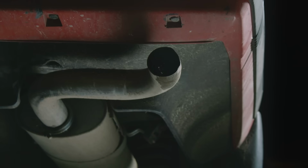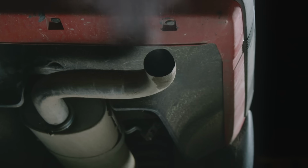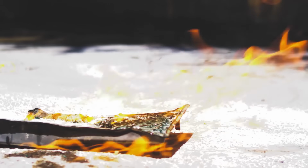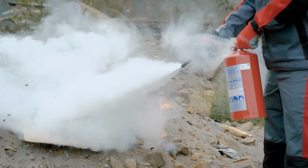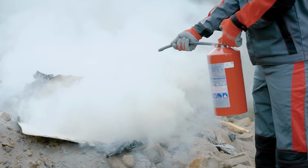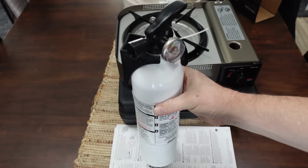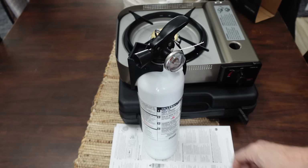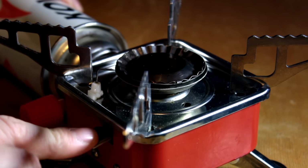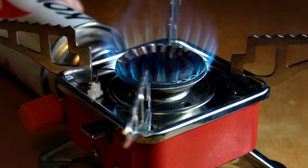So when you're working with open flames in an emergency or disaster, and any time for that matter, it's always important to have a few things. And the first one is a fire extinguisher. And this is something we should have a few of around the house anyway. It doesn't get talked about all that much in preparedness circles, but it is absolutely one of those supplies that you just need to have, whether you're talking about preparedness or not. When you are using indoor grills and butane and propane and any sort of open fire, it's important to have